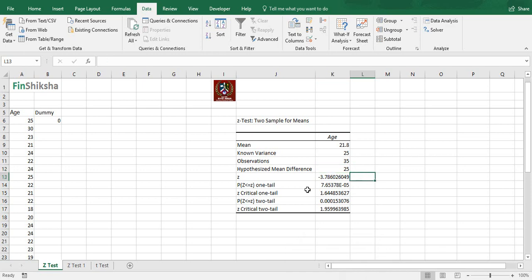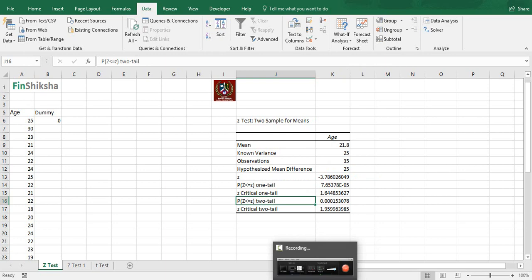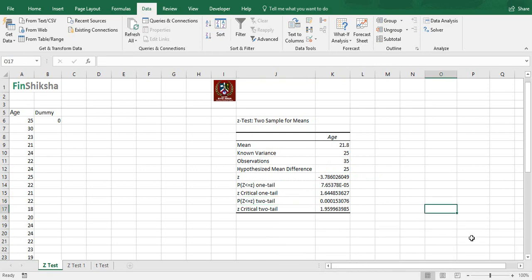With this, you have to compare the p value with the alpha which has been given to us. Here we have to look at the p value which is over here and compare it with the alpha which we had taken as 0.05.